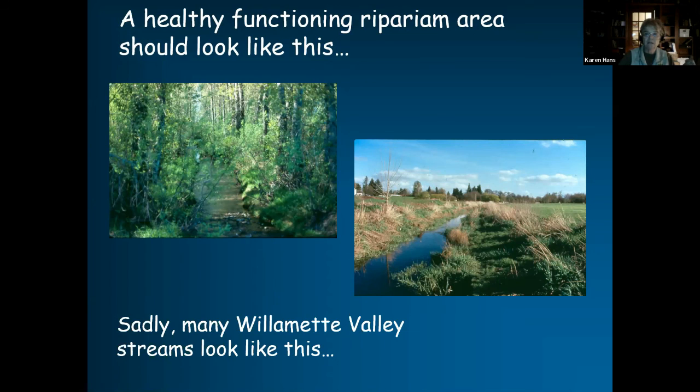The picture on the right, the trees have been removed. And there's not this connection between the creek and the land around it, what we would call a connection to the floodplain. So if you look here on the left, you can see the creek and the area of the bank is just about level. And so this creek is going to leave its channel and go out into that riparian area probably on an